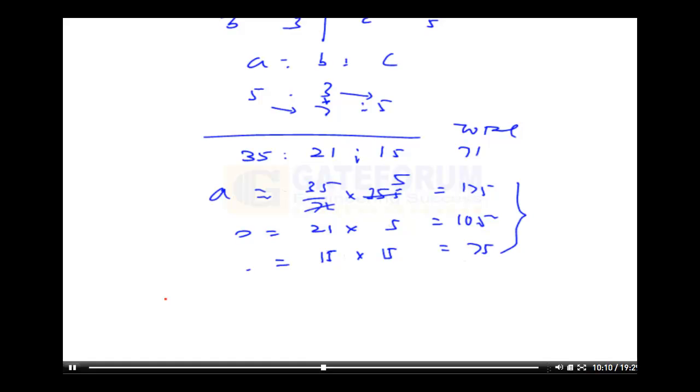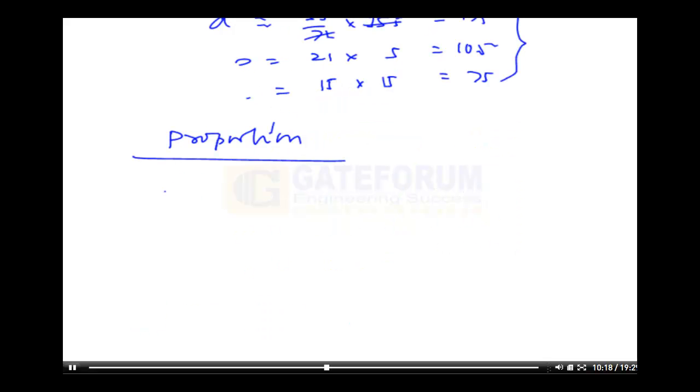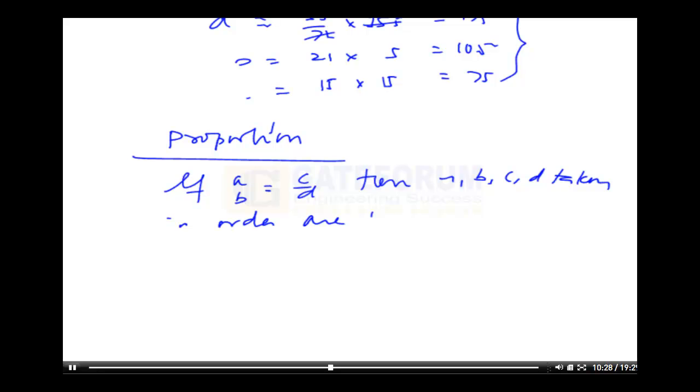I'll take you to the other part, which is called proportion. What is proportion? How does it differ from ratio? If you have two ratios and they can be equated, then the quantities taken in order are said to be in proportion. So what do you understand? You can equate any number of ratios. The result is called a proportion. If only three numbers are in proportion,